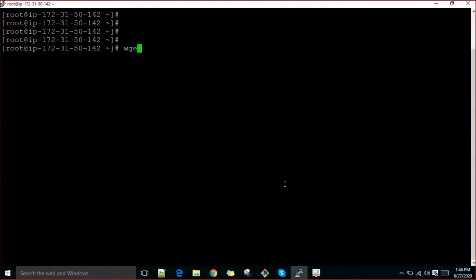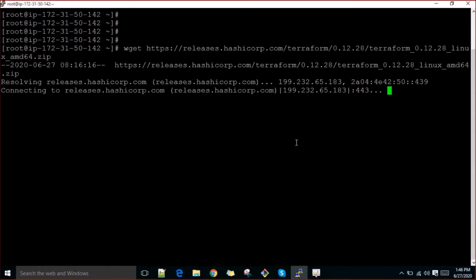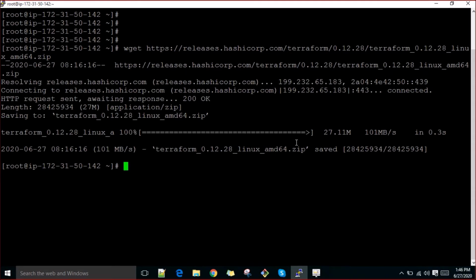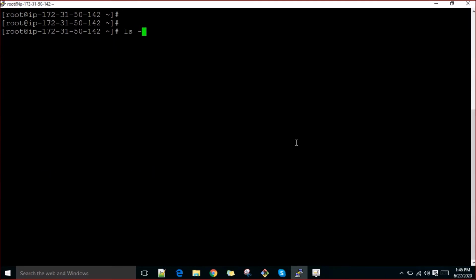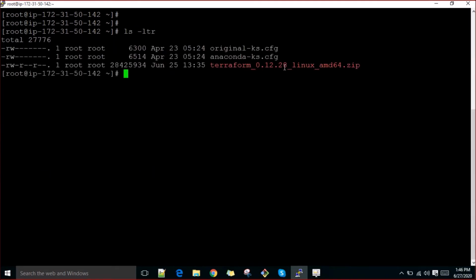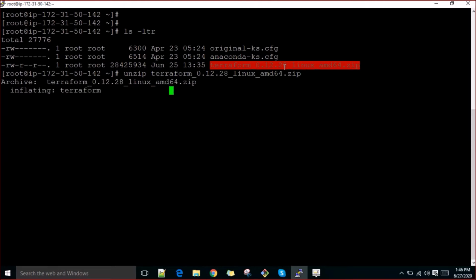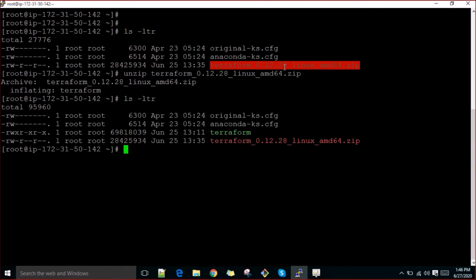Right, so let's go ahead and do wget and put this URL. It will download a Terraform zip file for you, right? So what you can do is unzip this. If you don't have unzip, then you can install it, right? As soon as you unzip it, you get one binary here, Terraform, right? If you want to run it from here, it will run here